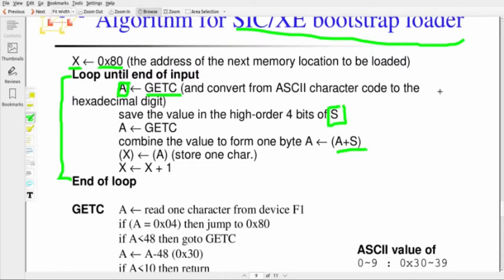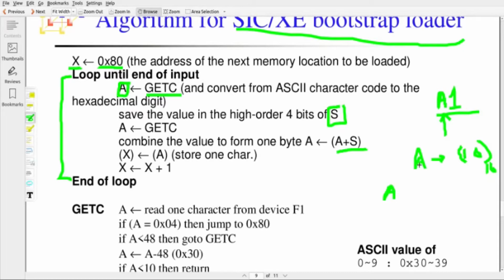For example, suppose you want to load A1. A is an ASCII character, and 1 is an ASCII character. First it will read A, then convert A into its actual hexadecimal value, which we know is hexadecimal 10. That is stored in the accumulator register.